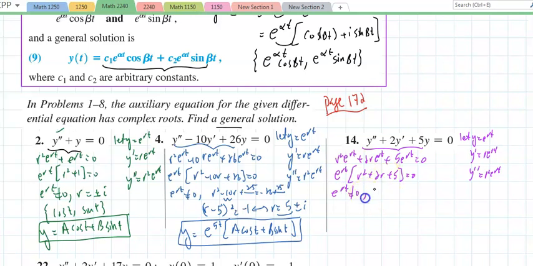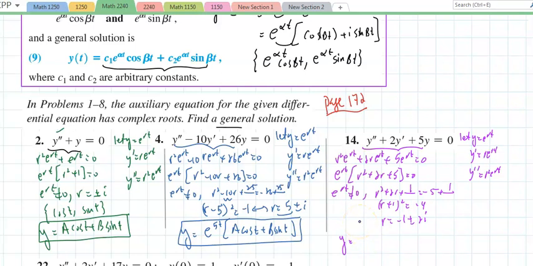That cannot equal 0. It must be r squared plus 2r, minus 5, half squared is 1. (r plus 1) squared is negative 4. r equals negative 1 plus or minus 2i. So the general solution is,